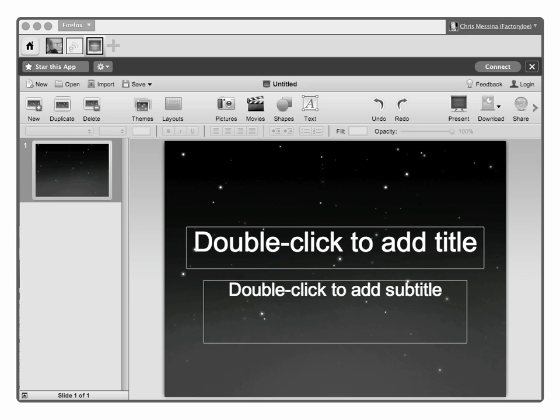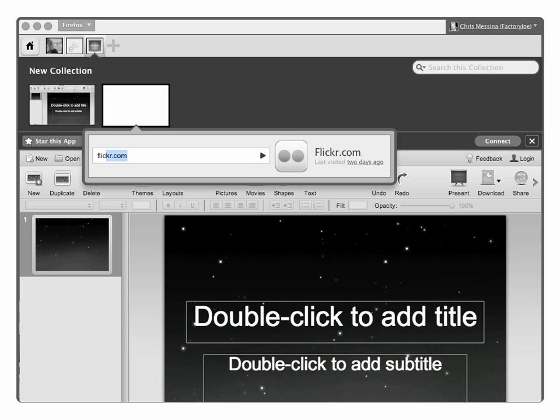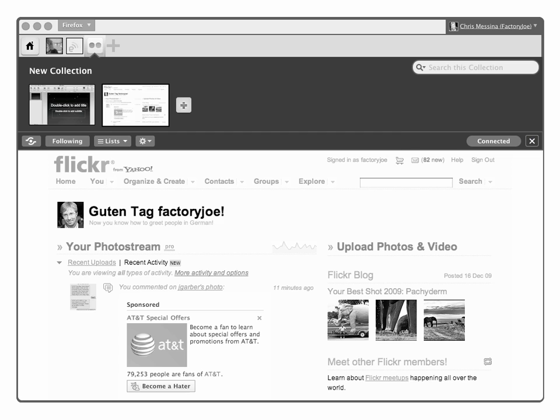Because this is becoming sort of a workspace. So we decided that we want to create a new slideshow using 280 Slides, and we're going to go ahead and add a new tab. So I hit Command T. What you can see here is I've got another search box here. I'm going to go ahead and load up Flickr. I'm taken to my Flickr account where you can see I'm connected. I'm following people here.